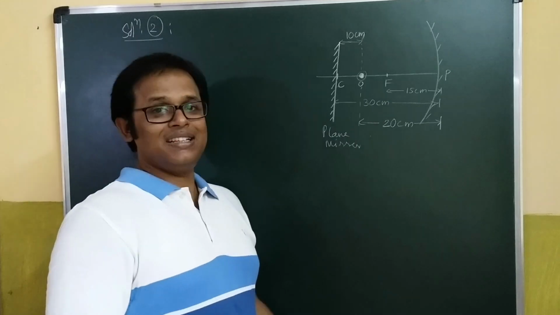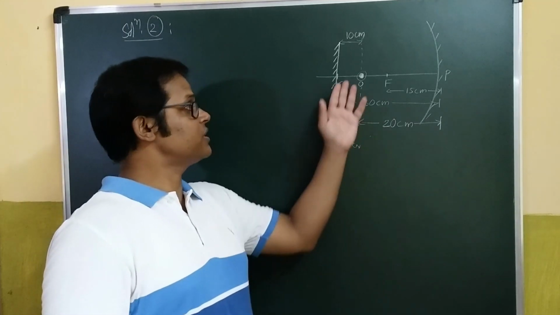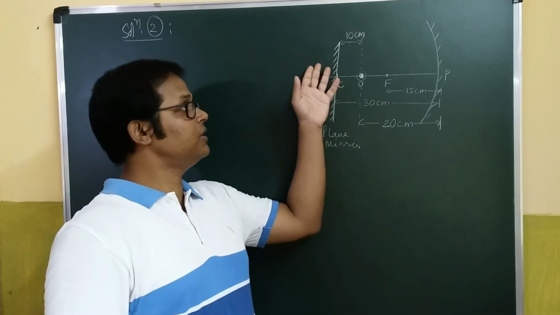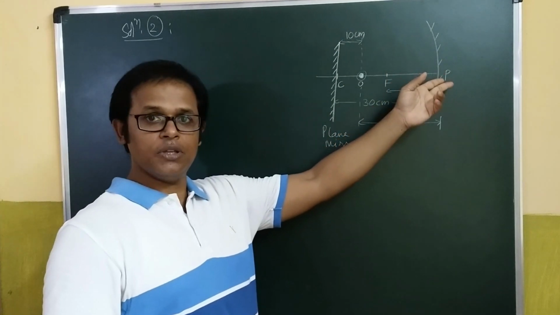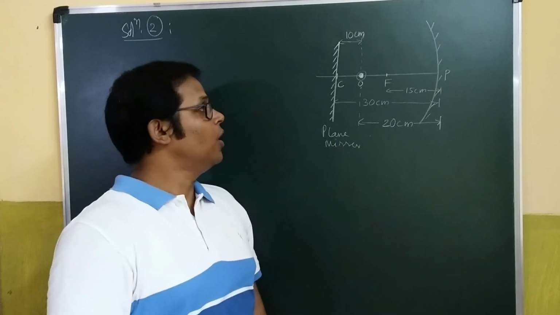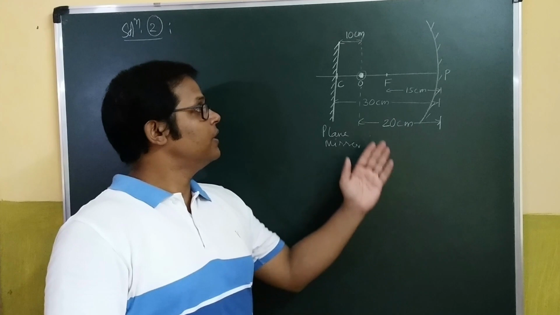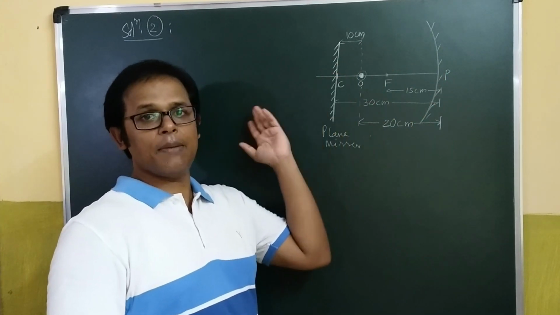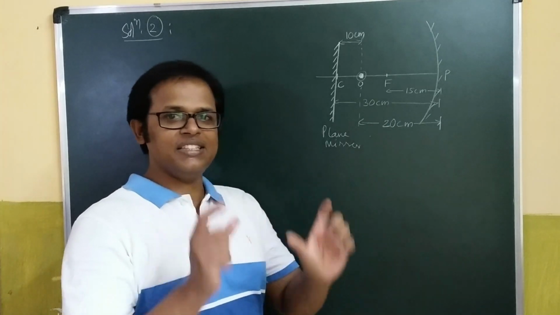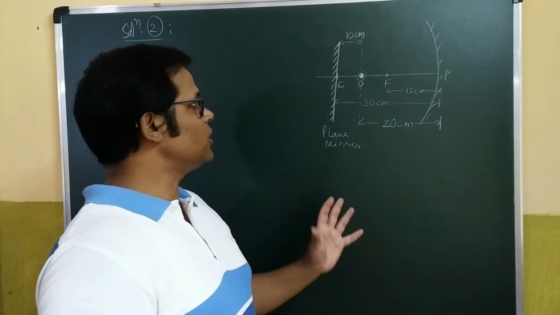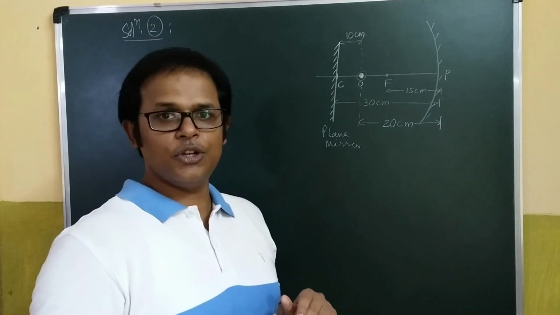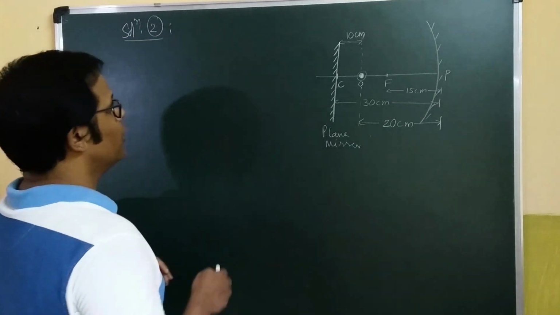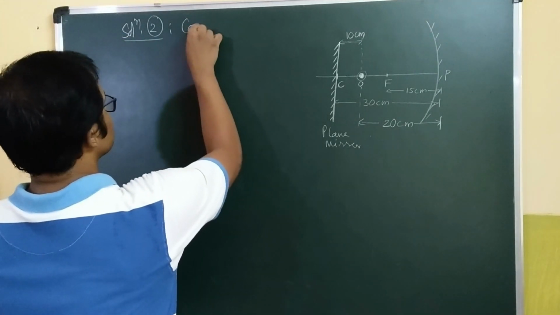So we could have considered here two cases also. First reflection happening from the plane mirror, the second one happening from the concave mirror. That will be case 1. Or we could have also said the first reflection taking place from the concave mirror, then the second reflection happening from the plane mirror. Let us quickly see this beautiful problem, what variation in the answers it is going to show us. Alright? Okay, considering case 1,